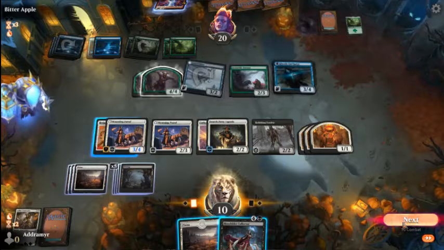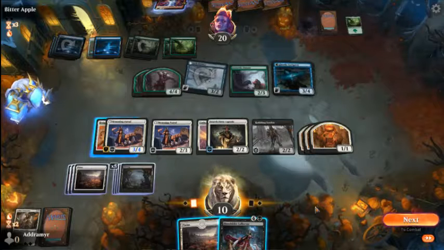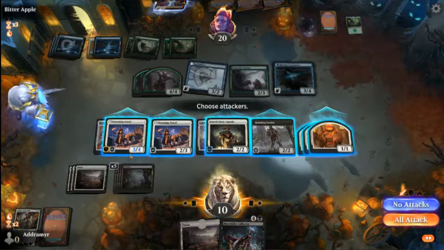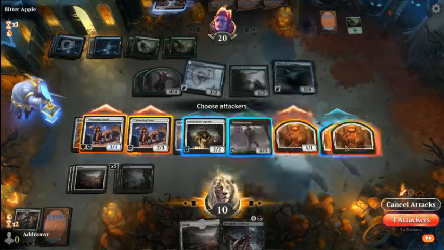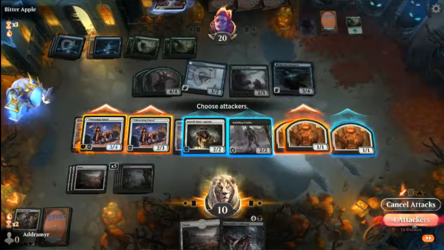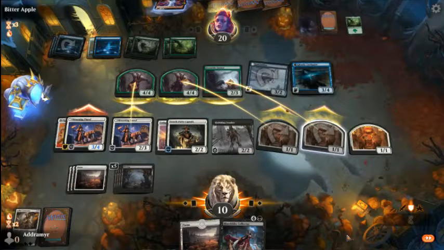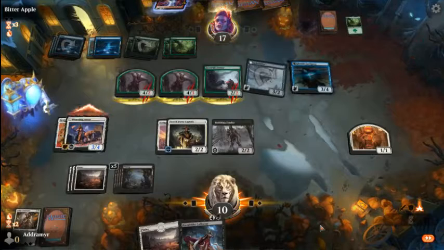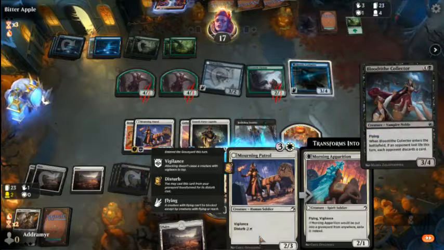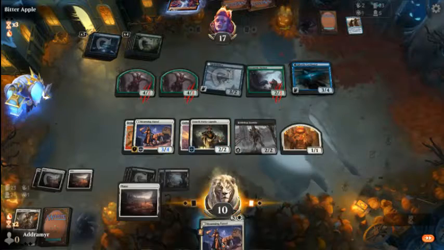Right, so I think I actually want to make them discard this turn, so I'm going to maybe keep one of these up just so I have blockers for next turn. Okay, they're going to block the Morning Patrol. Fine with that because it gives me another flyer. Yeah, I was about to say I maybe should have played the Morning Patrol first, but